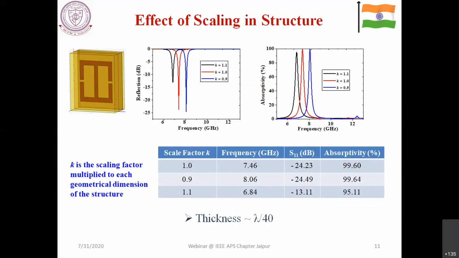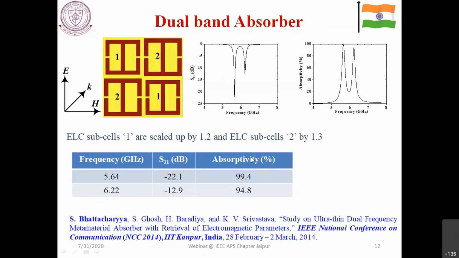Right? And if you are making it close to 7.5 gigahertz, if you compute on a 1 millimeter thickness of the dielectric, you can get it at lambda by 4. So this is the basic idea. Now, based upon this idea, you can design a dual band absorber. You can construct a dual band metasurface absorber where a supercell is constructed using two different scaling factors of 1.2 and 1.3 respectively.